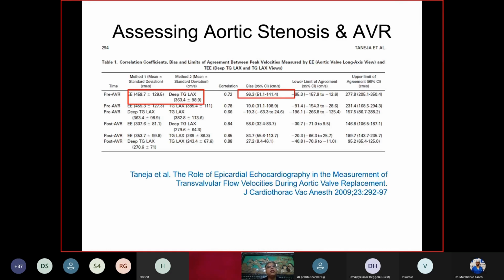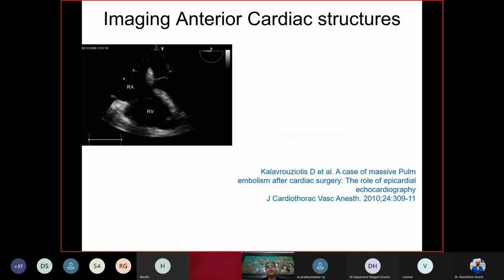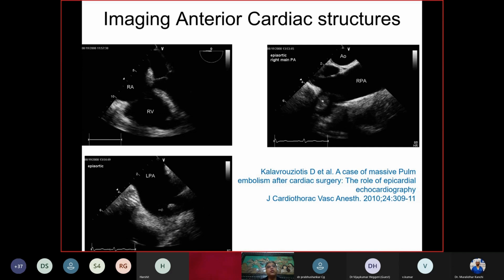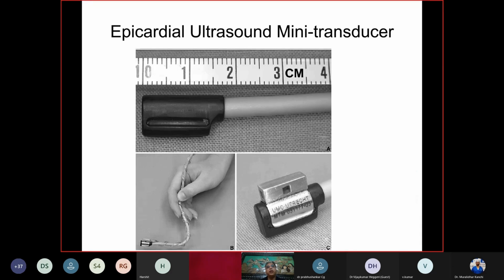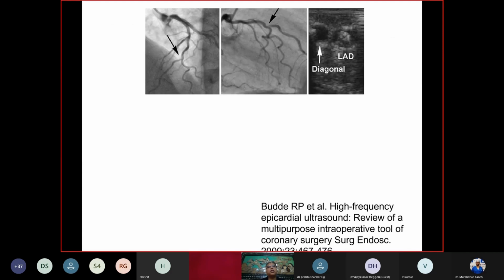So if you see the clinical applications, there are a lot of places where epicardial echo has been proven to be much better in assessment. There are a few papers published on this, especially for the anterior cardiac structures. You want to see if they're better seen with the epicardial echo. Now there are miniature probes available which can see the coronary vessels, also the graft patency and anastomotic site. We have got that in our hospital, which can give you the assessment whether the anastomosis is working or not, and how the flows are in the coronary anastomosis.